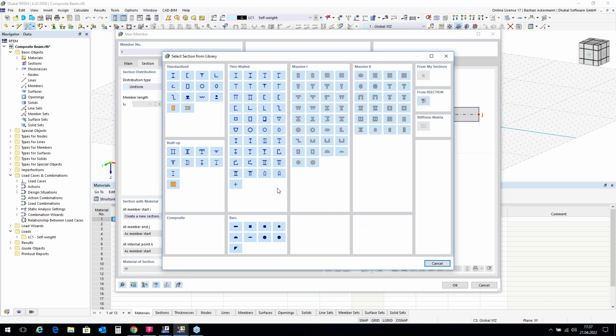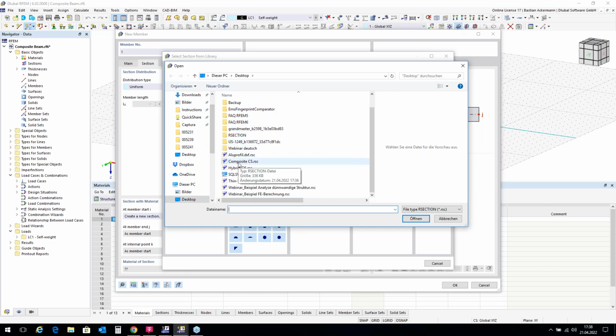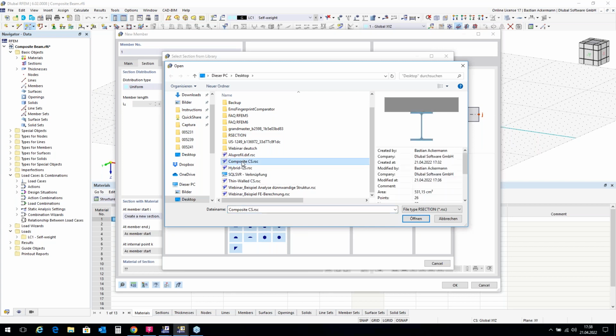So far everything is clear. Maybe if you are using RFEM, then I choose the button on the right side from RSECTION, this button here. And then I can choose RSECTION files wherever I have saved it. So this one was the composite cross section, which I wanted to show you. Of course, I can also import every other RSECTION profile that I have saved. Composite cross section, open it,